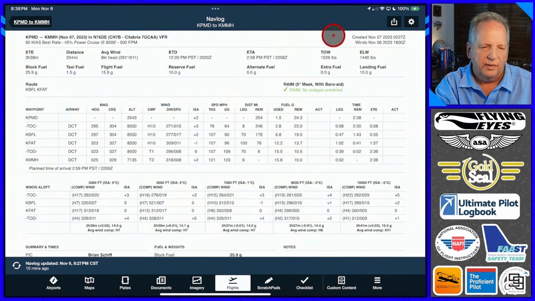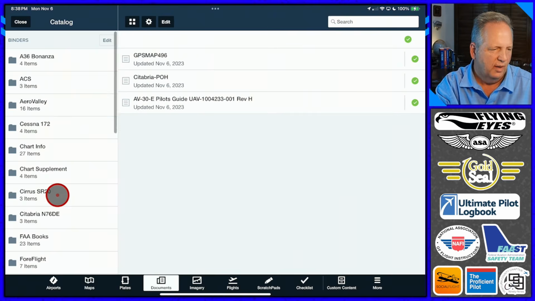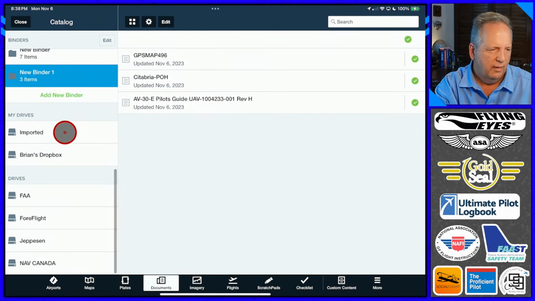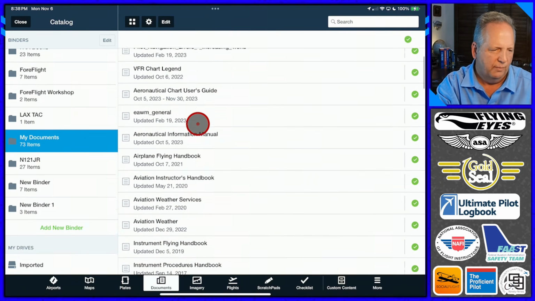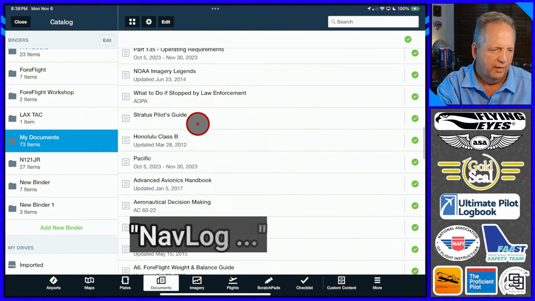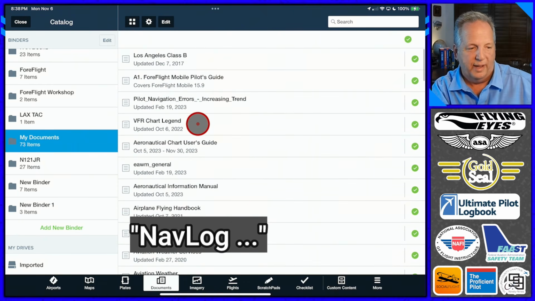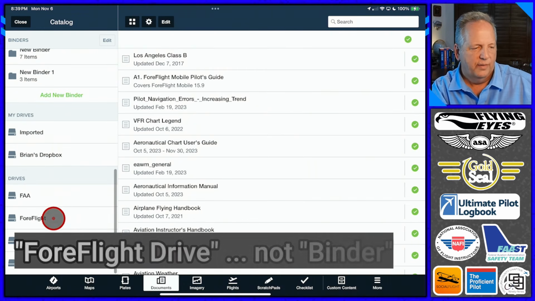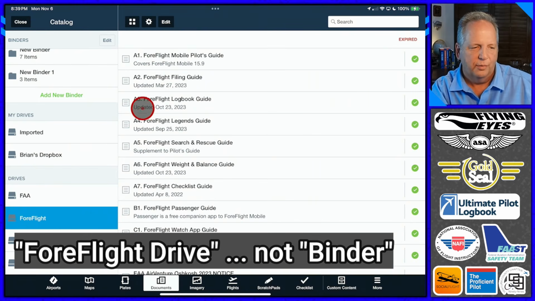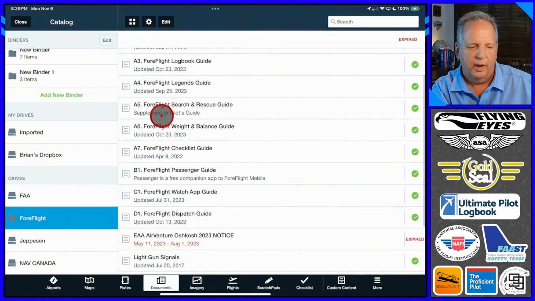I like it. So I just sent it to the ForeFlight documents, and I assume it goes into my documents. And yep. It's sorted alphabetically. That's the only thing I don't like about it. So what ForeFlight did to battle it, by the way, because you just reminded me of that: if you go to the ForeFlight binder, they renamed these A1, 2, 3, C because they're sorted alphabetically. They've given a nomenclature to the file name that puts them in the order that they want.